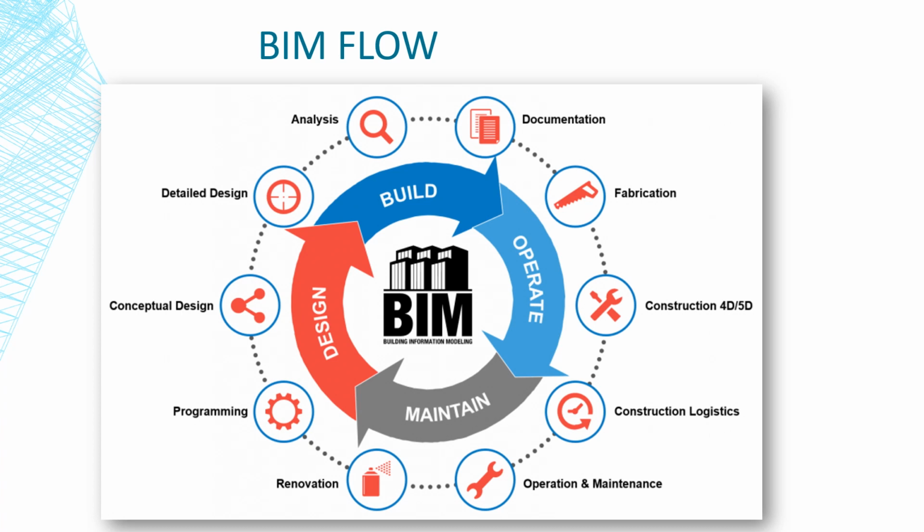BIM flow. This contains design, build, operate and maintain. And in the beginning it starts with a client. Client comes to the architecture firm, then make a plan. Then it goes to structural engineer. There they make analysis and design. Then both of the architect and engineer make documentation. Then in the field